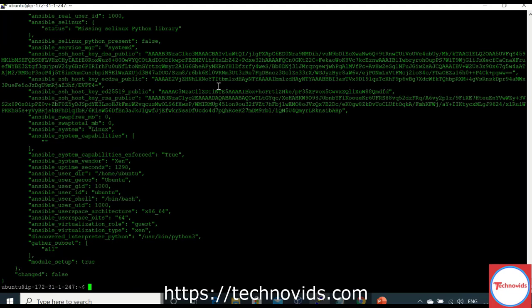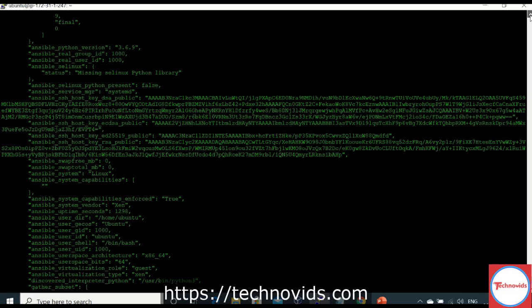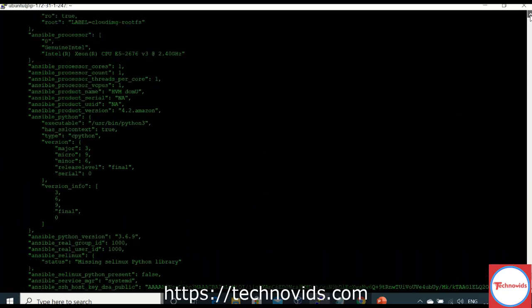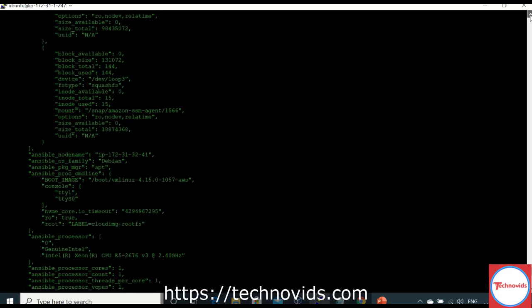You see the whole list of facts we got here. Now see what all values we have got. ansible_user_dir, the directory of the Ansible user, is /home/ubuntu. ansible_user_id is ubuntu. ansible_user_gid is 1000. So almost every detail we get to see here. Now where is that variable which I have used in my playbook? Let's see that. Just keep scrolling.